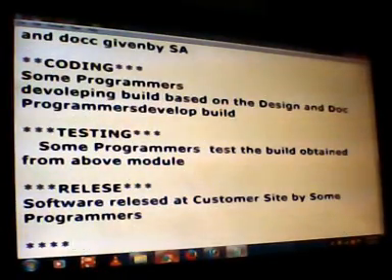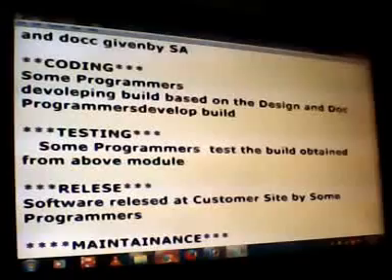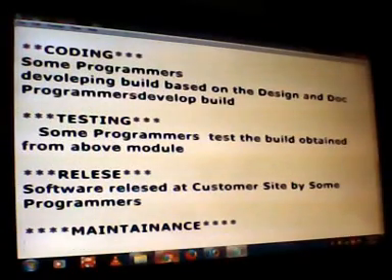After successful release by the programmers at the customer side, the next phase is, suppose the customer faces some problem while accessing or using the software.